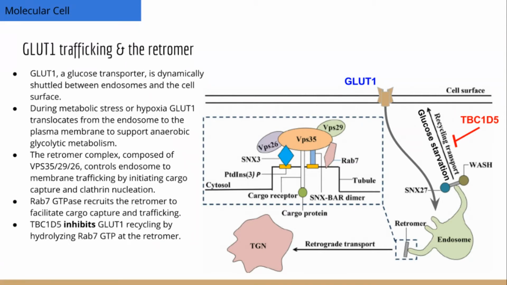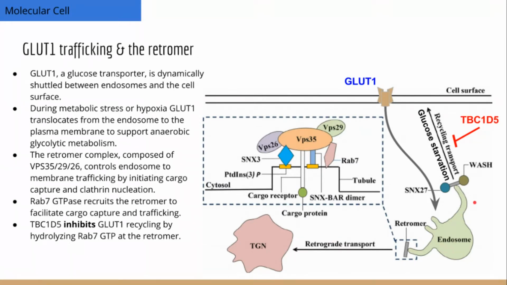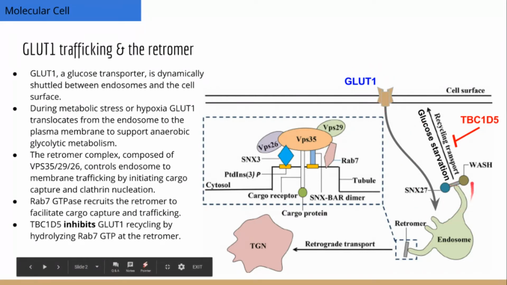So it originally got its name because the retromer was observed moving cargo backwards from the endosome to the trans-Golgi network. So this is retrograde transport. So it was called the retromer. But more recent research has suggested it also functions to direct cargo from the endosome to the plasma membrane. And some of the things that the retromer has been observed transporting includes GLUT1. So GLUT1 is already known to be moved to the endosome and then moved back to the cell surface by